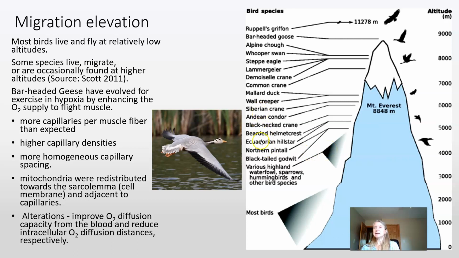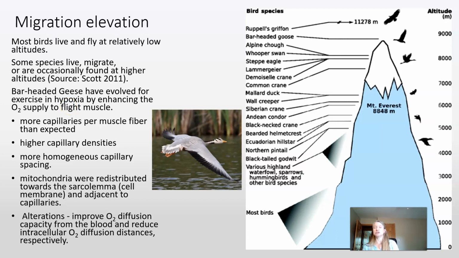Some birds, again, can fly much higher if we have this in comparison to Mount Everest. So we know that people can't maintain very long periods of time up here. But here we have some birds that are flying at these elevations. One example that everybody always talks about is this bar-headed goose. So they are actually able to do some metabolic studies and really look into how the bar-headed geese could do this. So they've evolved many adaptations for exercise in hypoxia.